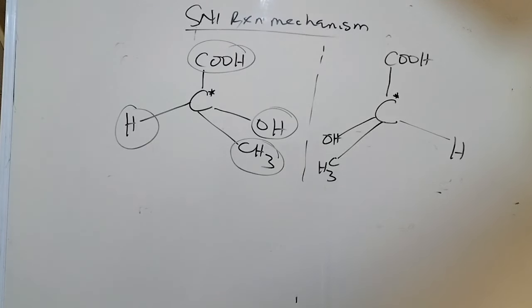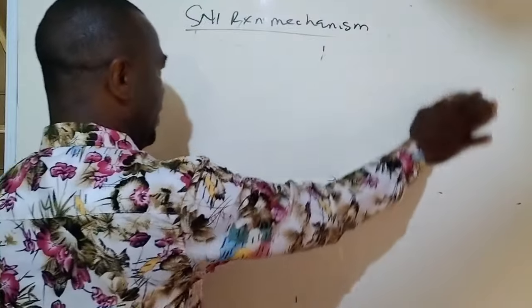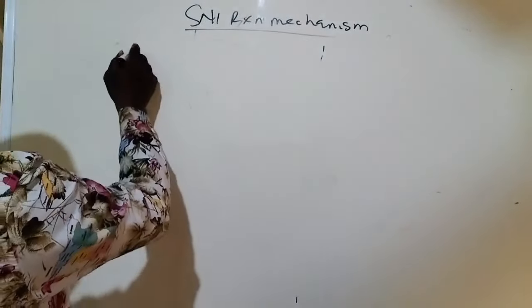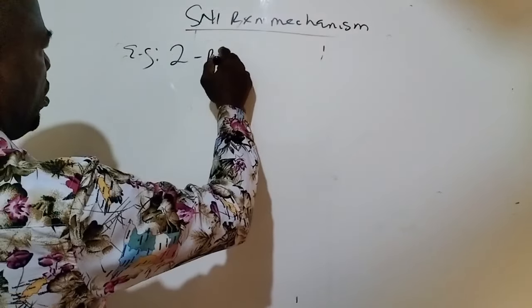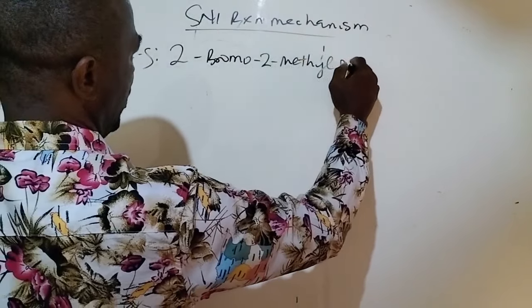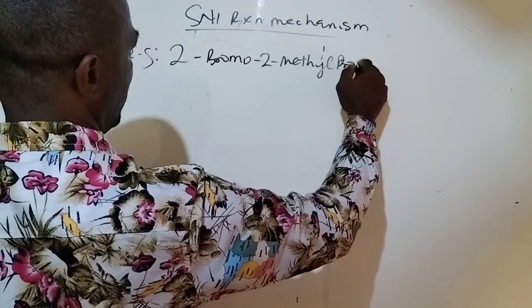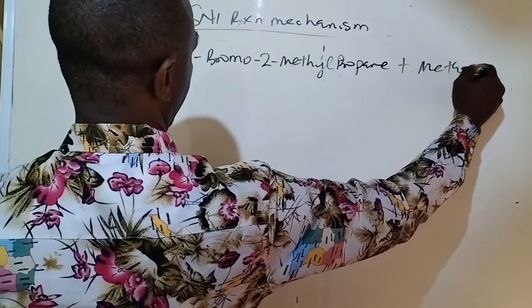So, having done that, we are now going to take an example of an SN1 reaction and look at the mechanism of the reaction. An example is the reaction between 2-bromo-2-methylpropane and methanol. This reaction is an